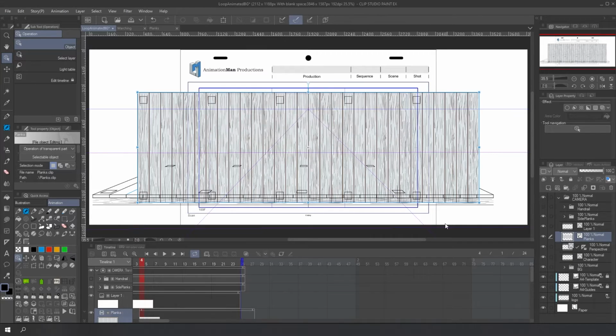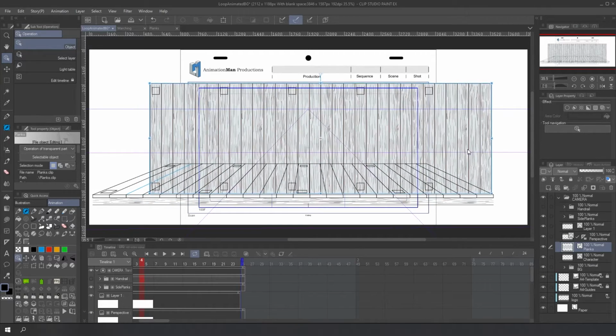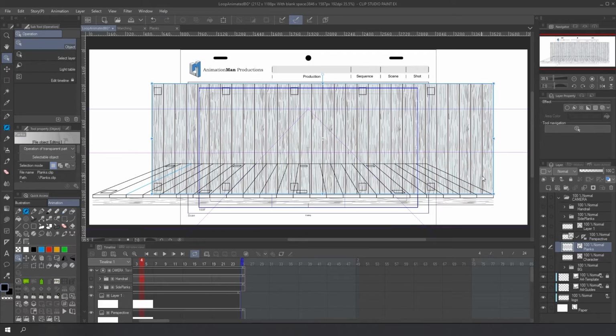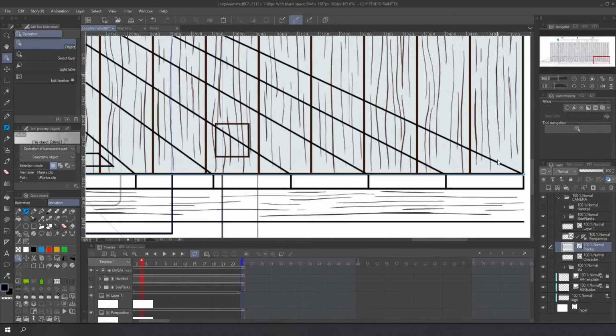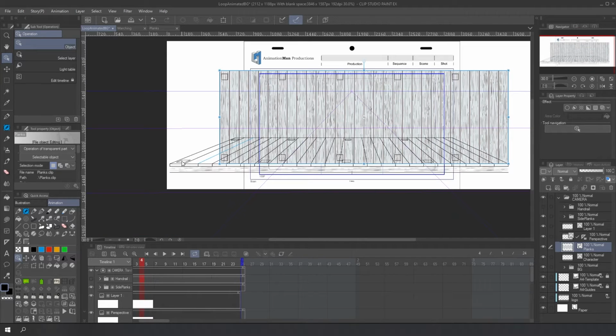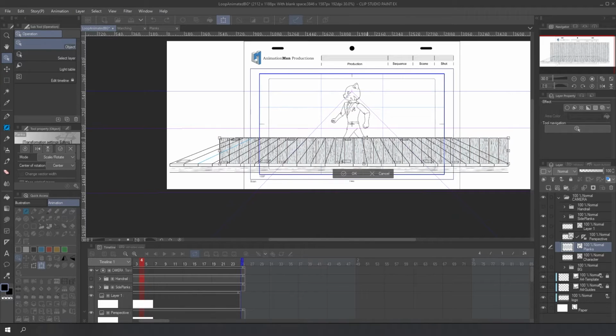I never read what is there, so okay. So let's move this under the drawing to check it better and move the drawing to the end of the loop. Be careful to place it in the correct position. And now let's change the scale to match the height and try to match the width of the planks.